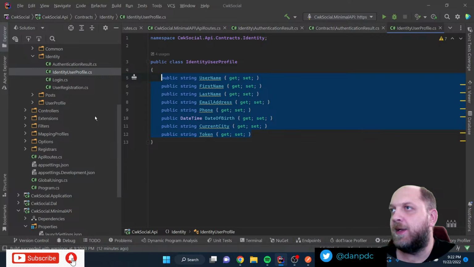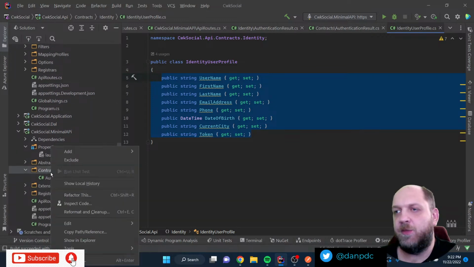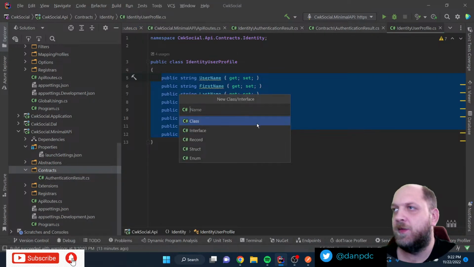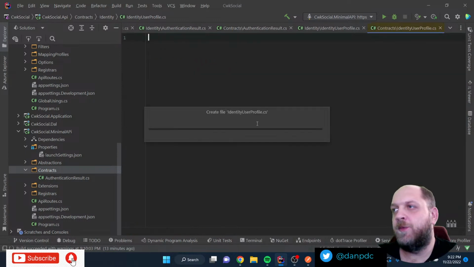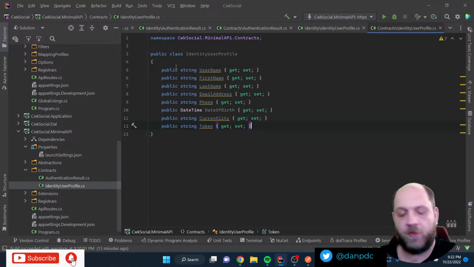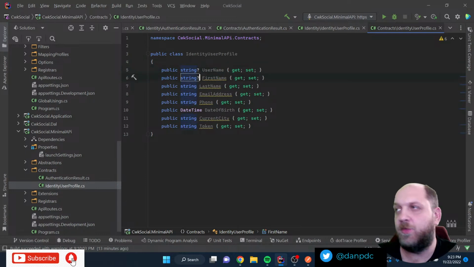Cool. So this is called identity user profile. I'm not sure I like this name though. I'm not sure why I named it like this. It's also a pretty long time ago since we last coded on this application, so I'm not sure anymore where exactly we used this class, but we'll probably find this out soon enough.